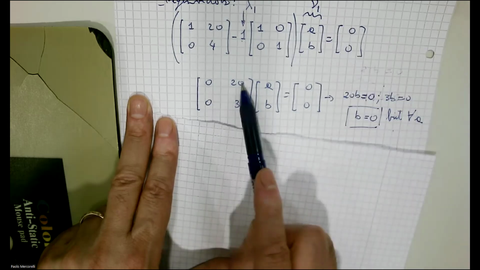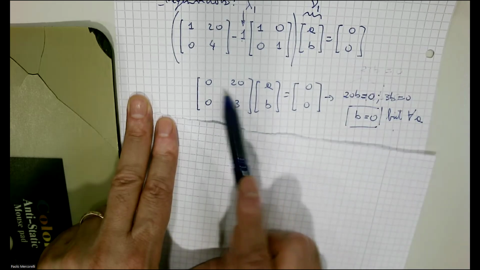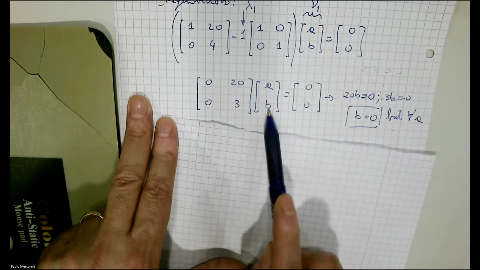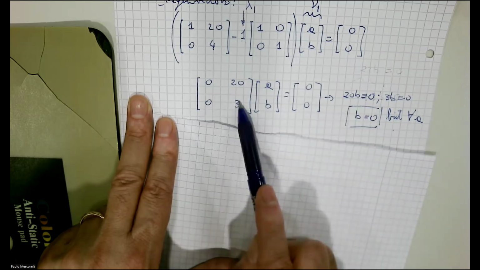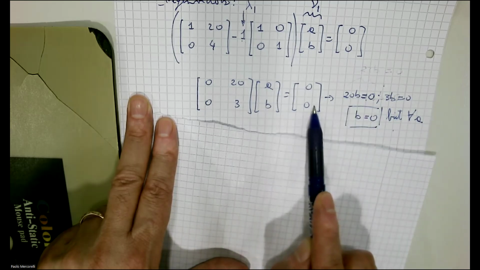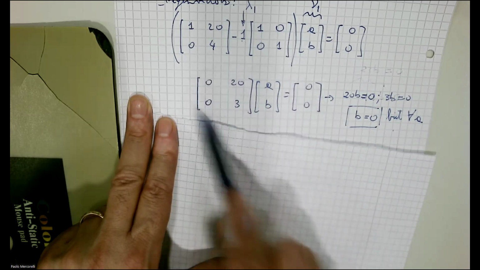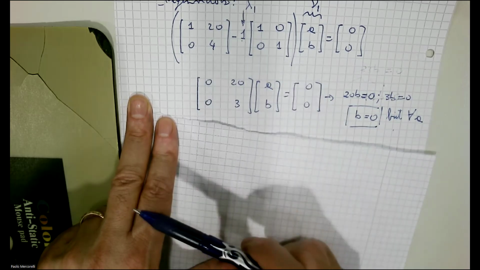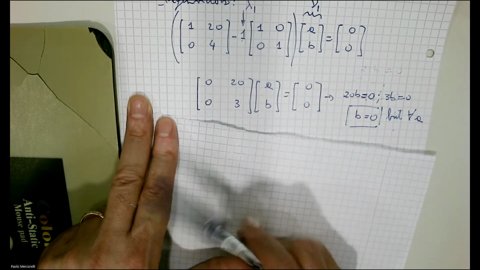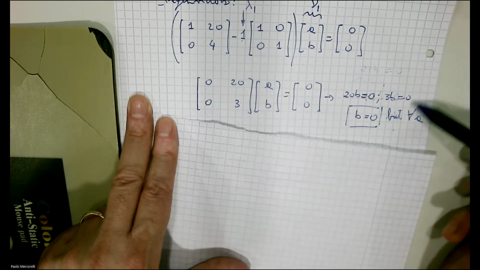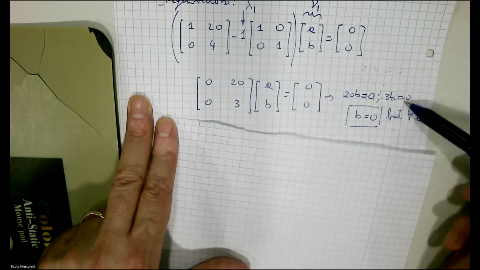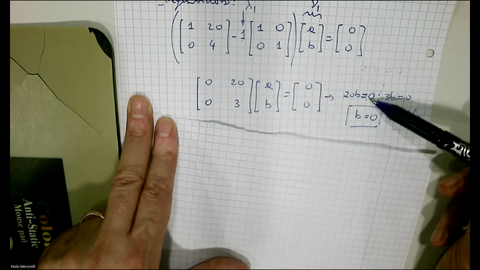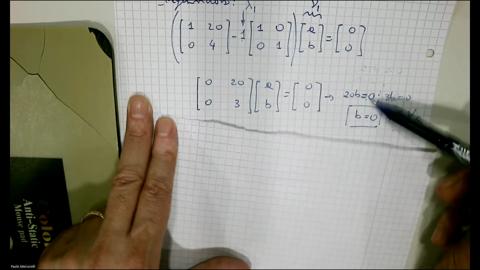This means row multiply column. This means 20B equals 0. Row multiply column, 3B equals 0. Did you agree? These are the two conditions from this expression. This means for both, we have B equals 0. 3B equals 0. 20B equals 0 means B equals 0. No contradiction. This means it exists,